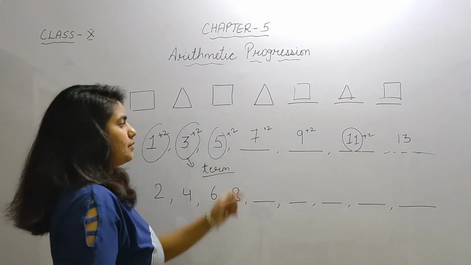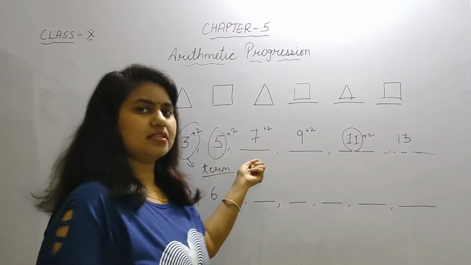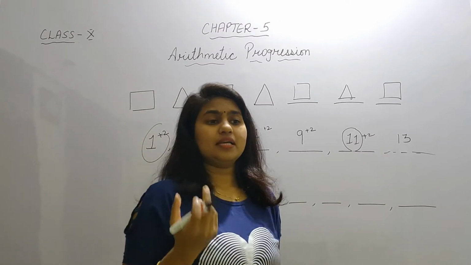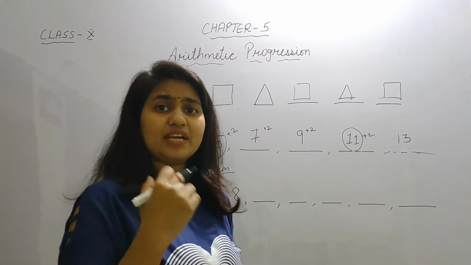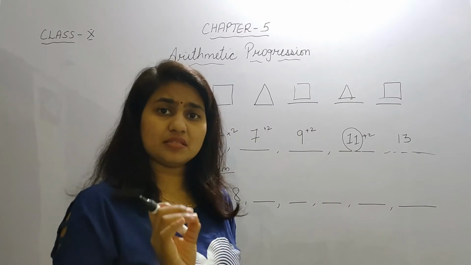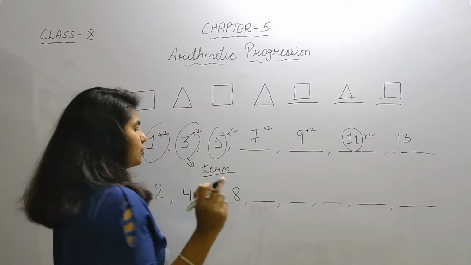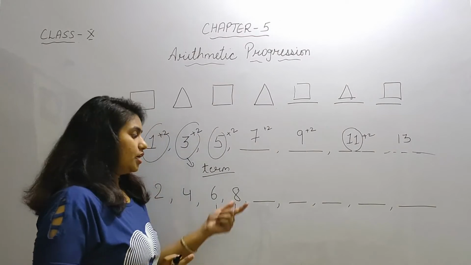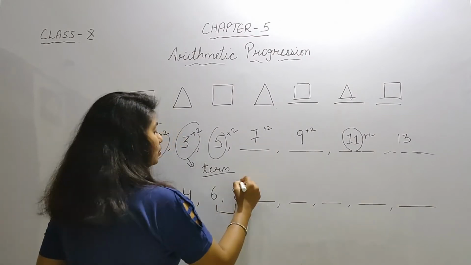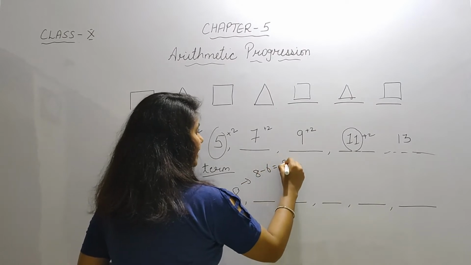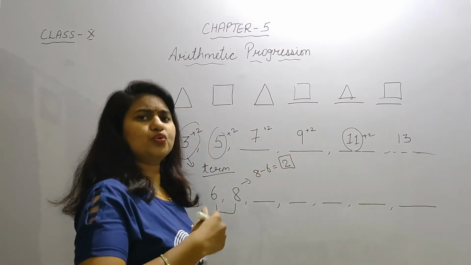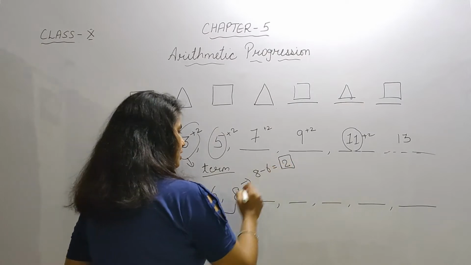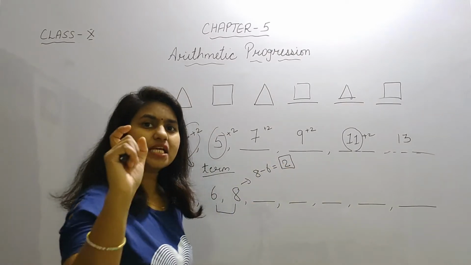Here the terms I have been given are very easy, so you can easily find out the common difference. But if the numbers are bigger, it is very difficult for us to find the common difference. So the very easy way is that the common difference will always be the difference between two consecutive terms. If you find the difference, you will get this fixed number that you want to add or subtract. It can be like this.